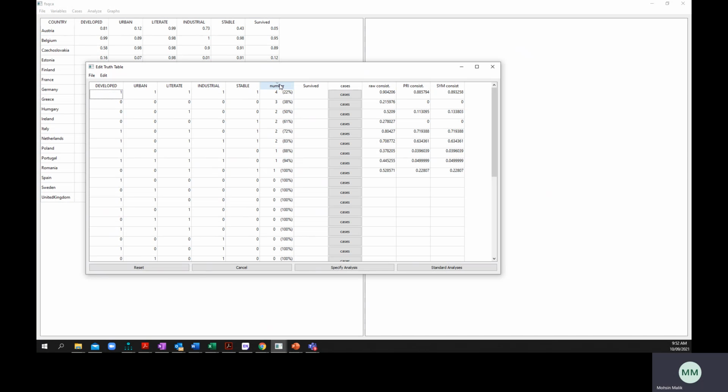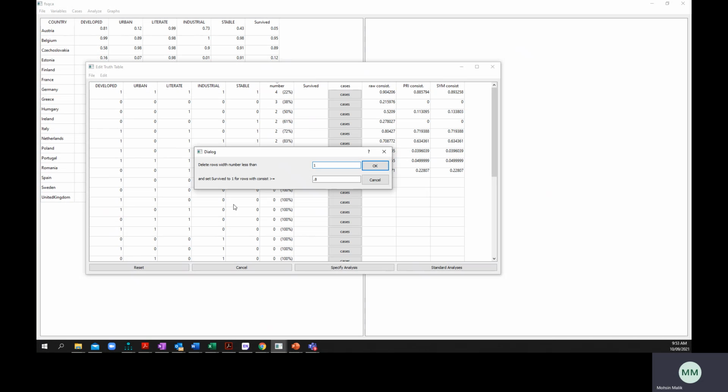What you see here is the number of cases in each of these configurations. We'll see that some of the cases are being represented here, and some of these cases do not belong to any configuration, and that is how complex causality works. Now, after we've done this, the next step is we need to go and